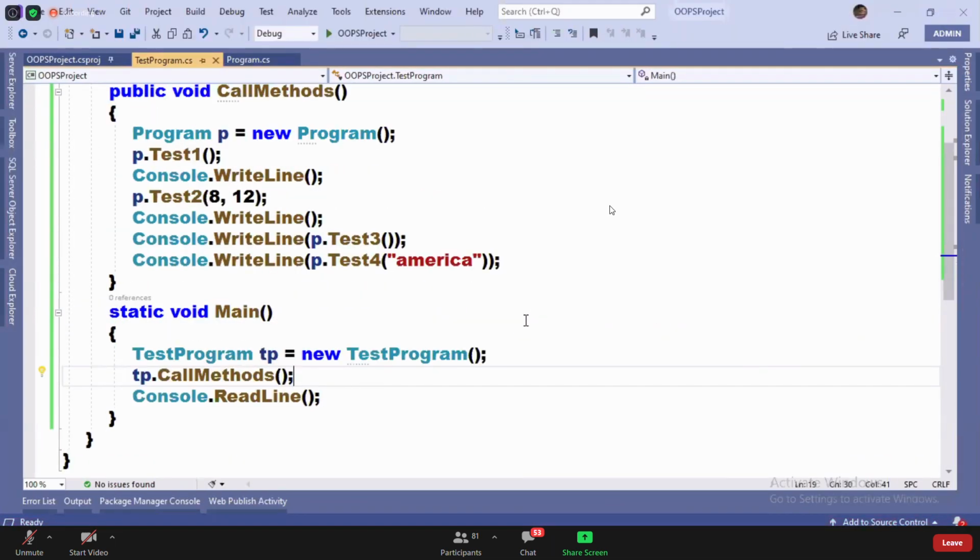Execution starts from where? Execution starts from the main method.